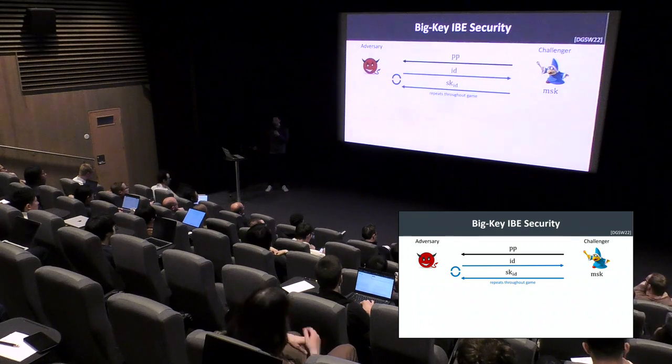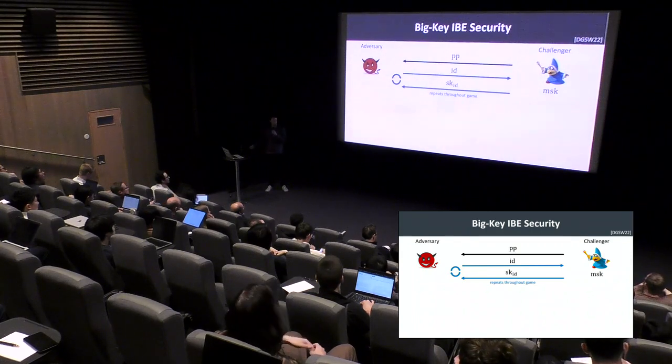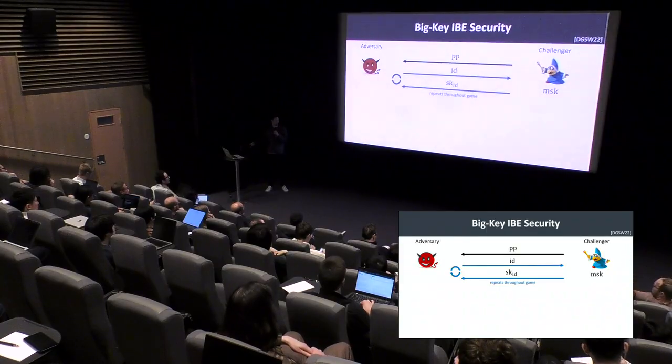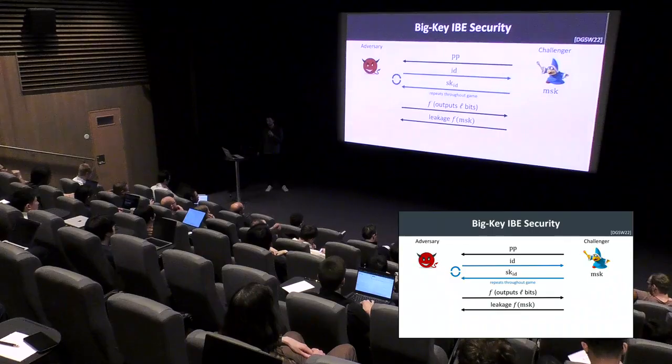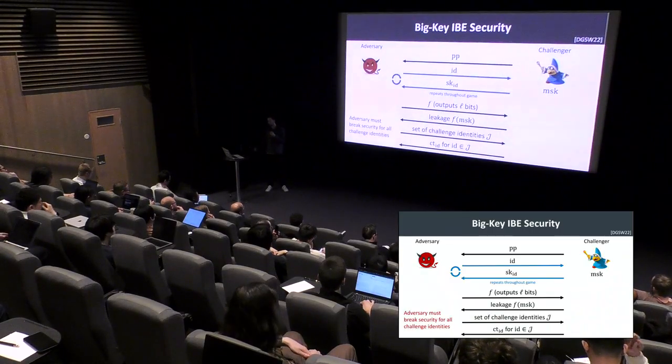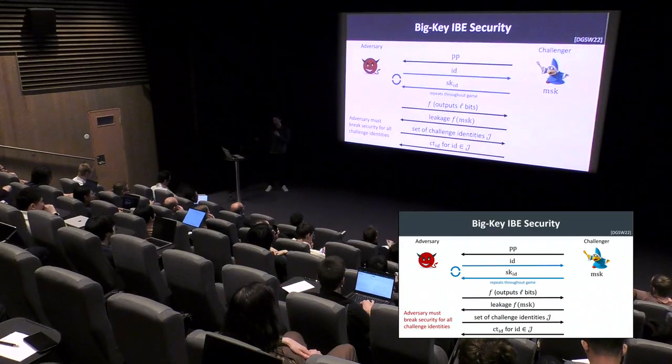The adversary is going to make identity queries and get a secret key in return. This captures the idea of stealing individual keys. And then at some point later, it's going to ask for its leakage of L bits. And then some point after that, it's going to declare a set of challenge identities, J, where the size is